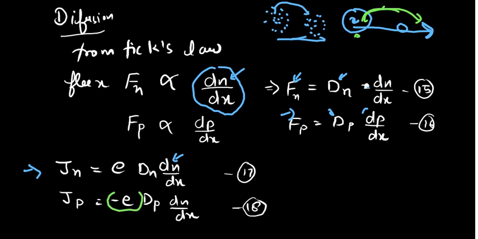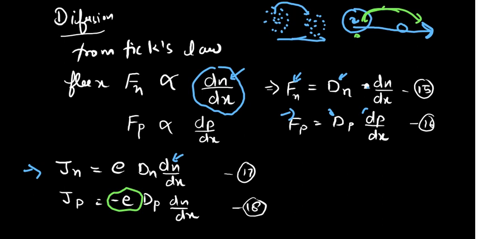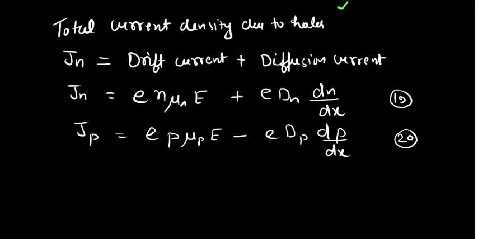So the total current density due to the holes will be given by this. This is diffusion. Let us say Jn diffusion and Jp diffusion. This is the diffusion current, and now the total current will be drift current plus diffusion current. So for electron it will be e mu n into E plus e Dn into dn upon dx. So for electron and for hole, at the equilibrium condition